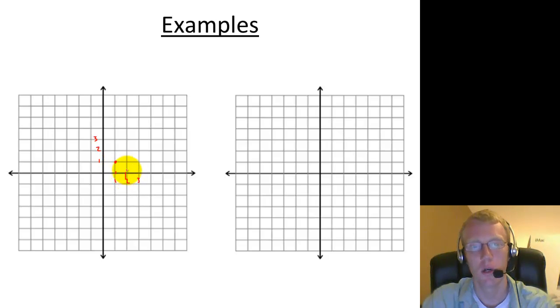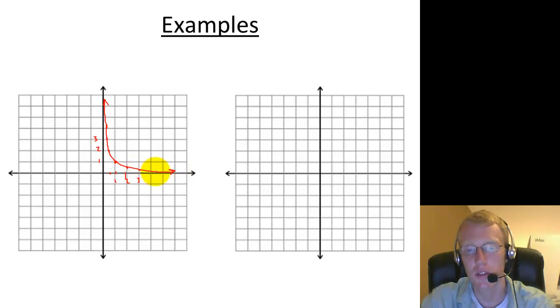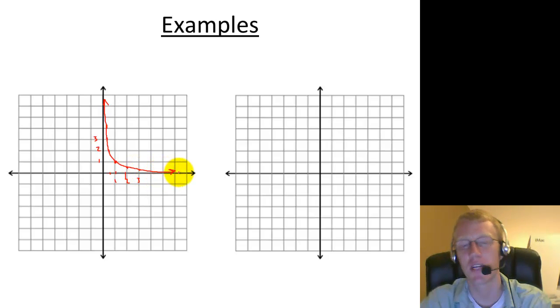1, 1, over 2 up a half, over 3 up a third, over a half up 2, and over a third up 3. So you can see these are kind of forming a nice curve, so I'll try to draw it in as best I can. And this line here, it's getting closer and closer to 0, but it's never going to cross, because imagine if